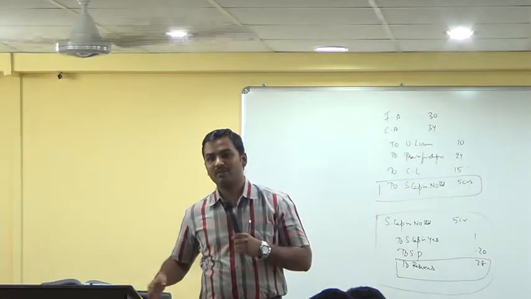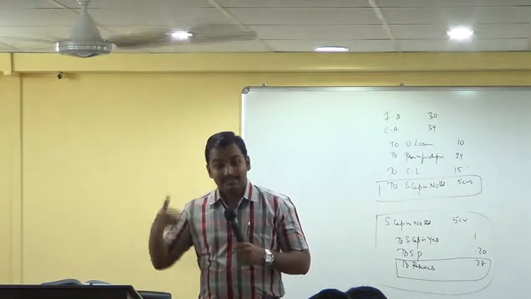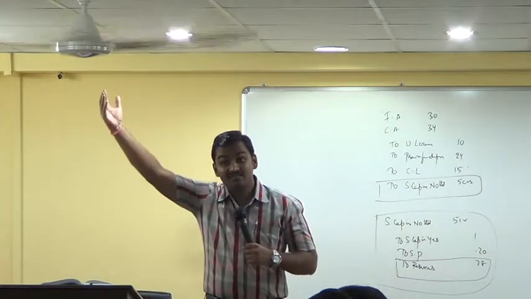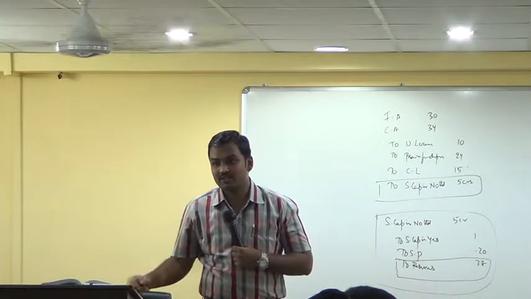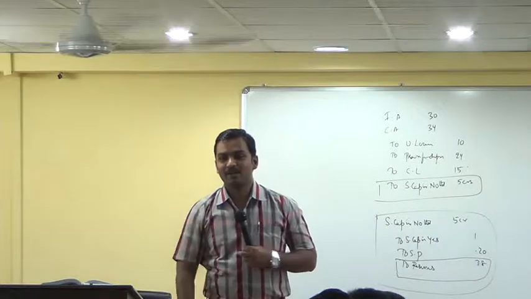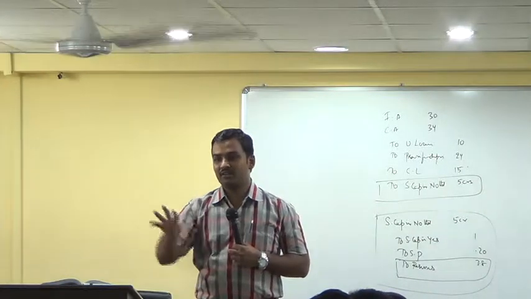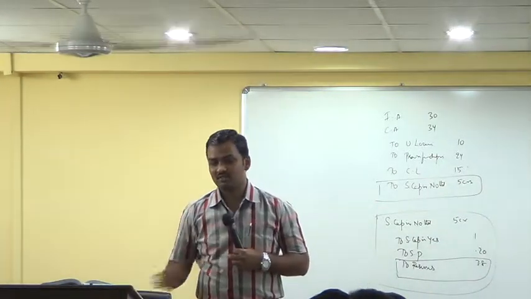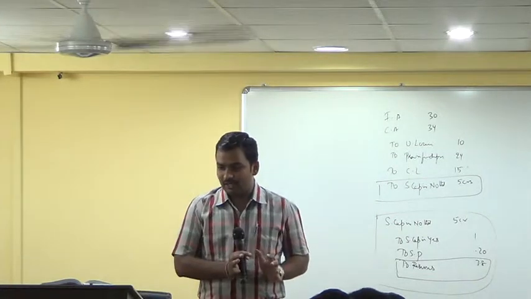Sir, but there is no profit in this problem, there is a loss, no? That loss is after considering those profits. So loss was so much that it has eaten away all profits and still there is a debit balance left. It is net profit, net of all transactions. Is it clear? Stock is there with P Limited.